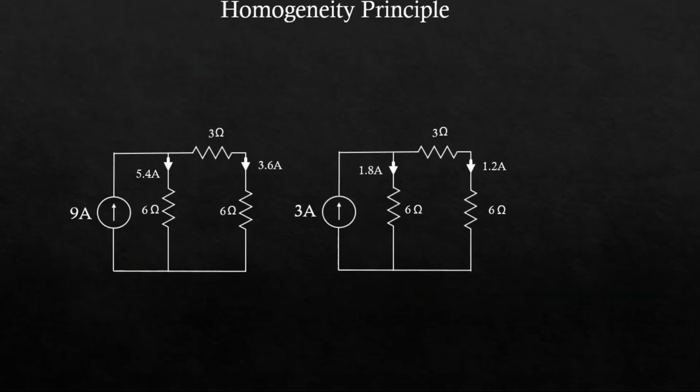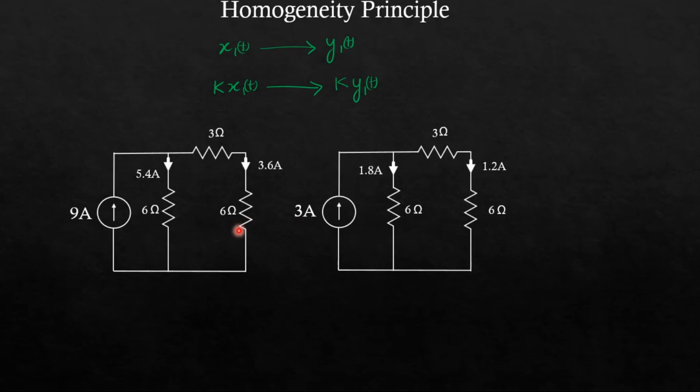Next principle is known as homogeneity principle. What is meant by homogeneity? It means that if the output for x1(t) is y1(t), then the output for k·x1(t) must be equal to k·y1(t). That is the principle of homogeneity. That if you scale the supply by a factor, then the response will also be scaled by the same factor.